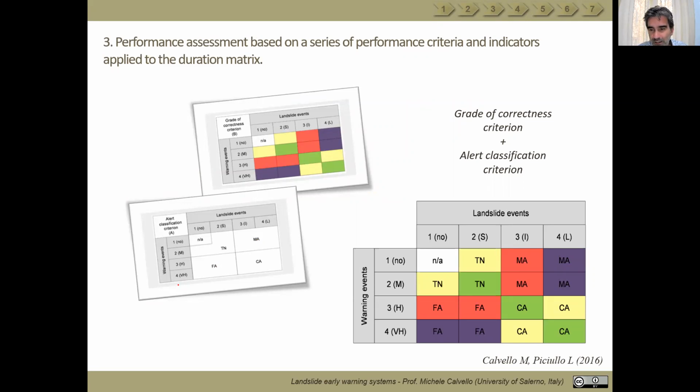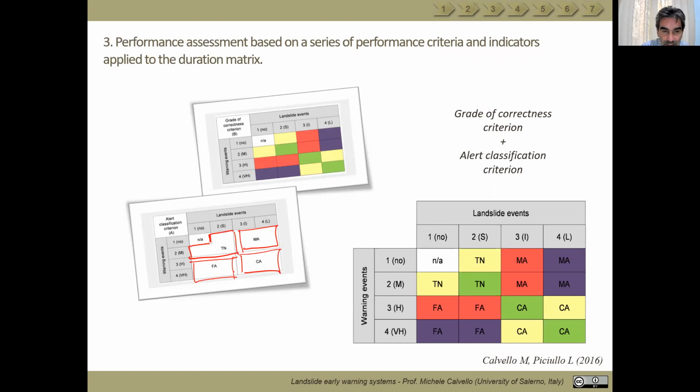You have to check whether what you have there in the table as numbers, times, is telling you that your system is working well, or is telling you that your system is not performing very well and could be improved. So you devise, as a manager, what is for you a true negative. True negative for you is this, for instance. It could be that missed alerts, those two, correct alerts, those two, false alerts, those two.